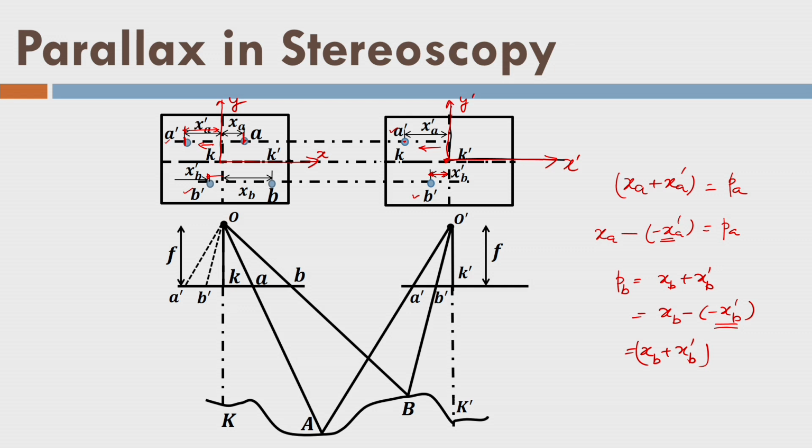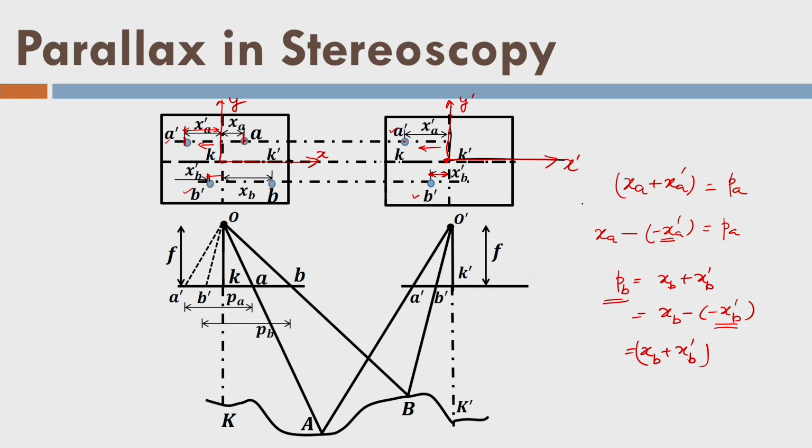I hope you got the idea of parallax on the photograph now. Earlier we did it with our eyes and understood the concept with eyes. Now we have done it with the camera, and we understood what the parallax is on the photograph, or what the shift in the point is because of the two successive exposures. Let us go ahead. So, here it is my PA and here it is my PB, marked here.